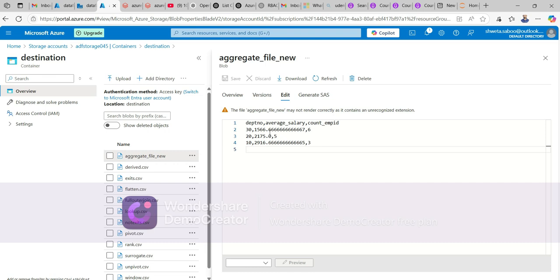So this is all about the aggregate transformation in data flow, how you can do it. It's very useful. In my upcoming videos, I will show you more and more transformations, like the filter transformation and so many others. Hopefully you get some knowledge from this. Start learning this and get hands-on,